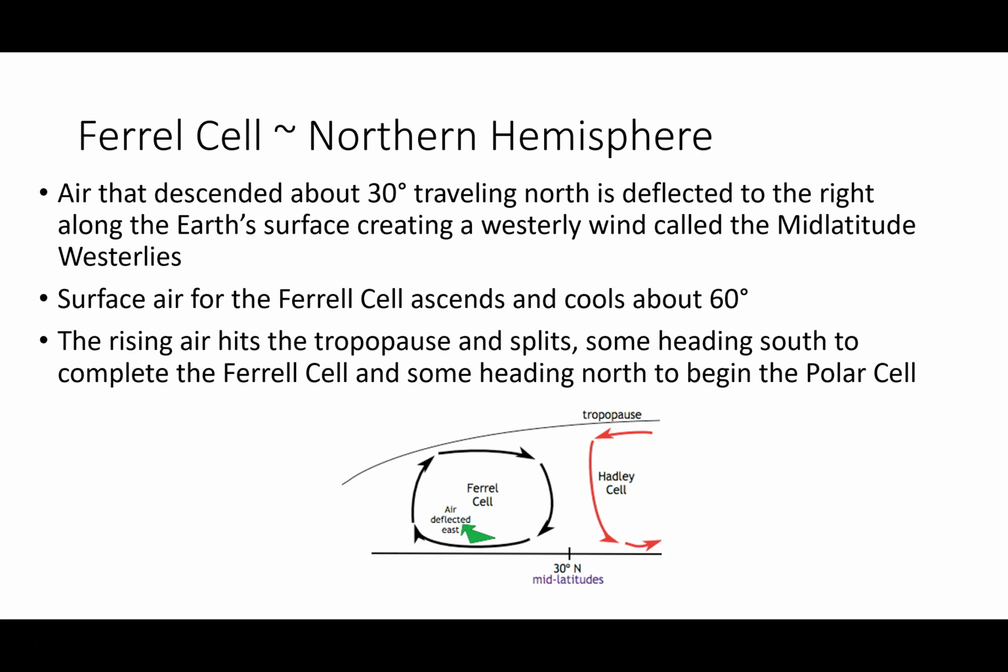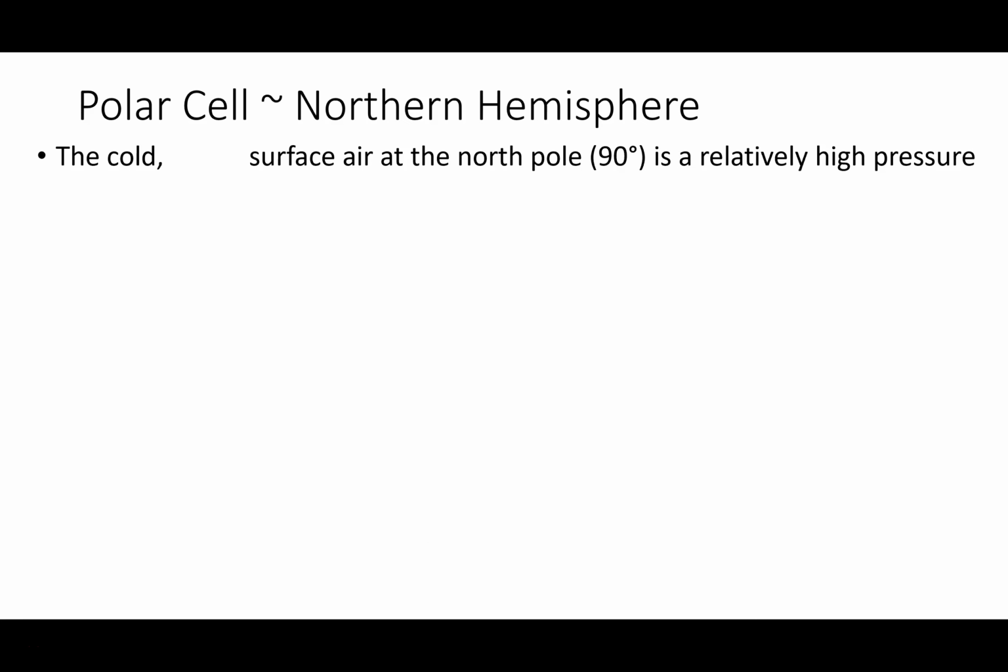Okay, so it hits the tropopause, just like ascending air from the intertropical convergence zone, and part goes this way to finish the Ferrell cell, and part goes this way to start or be part of the polar cell. So with the polar cell, I don't pick up where the Ferrell cell left off. I look at this, and this has got to be the coldest